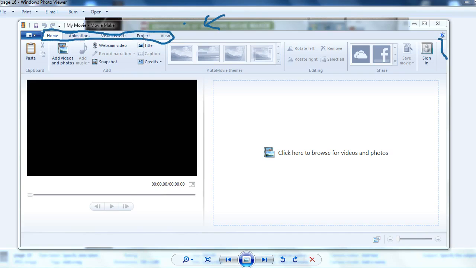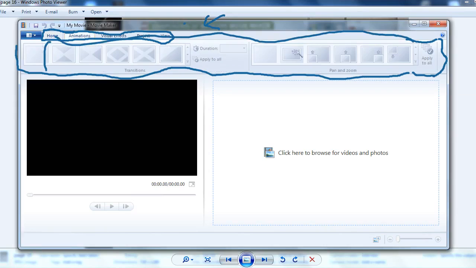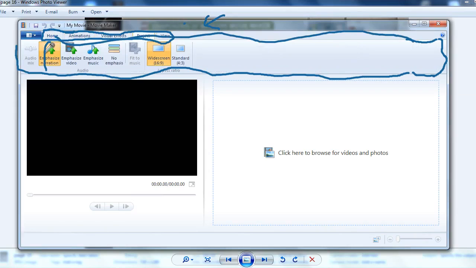This is the ribbon of the home tab. From here to here we call it the ribbon, right? So this is the ribbon of the home tab. When we click on the animation tab, then it shows the animation, visual effect, projects, views.